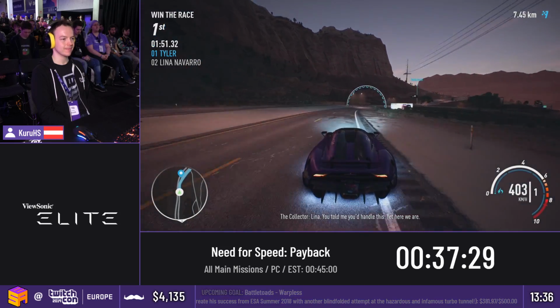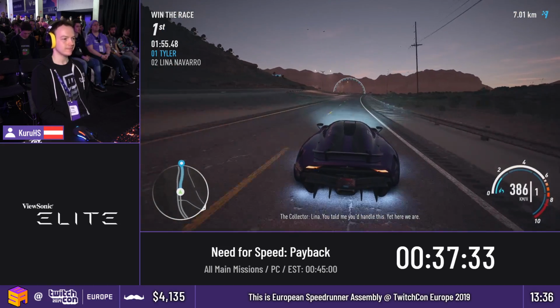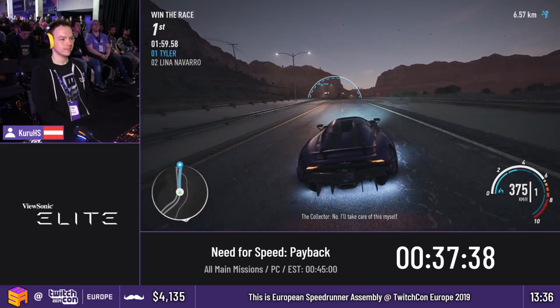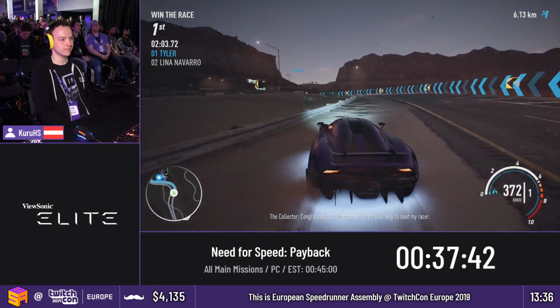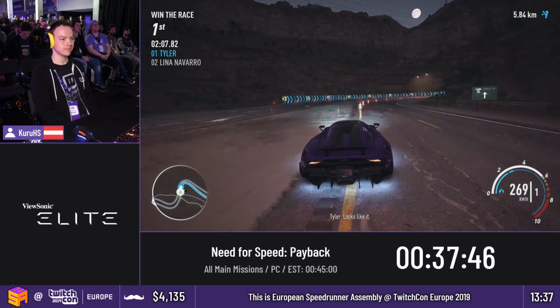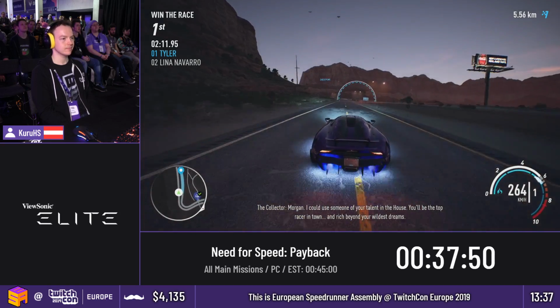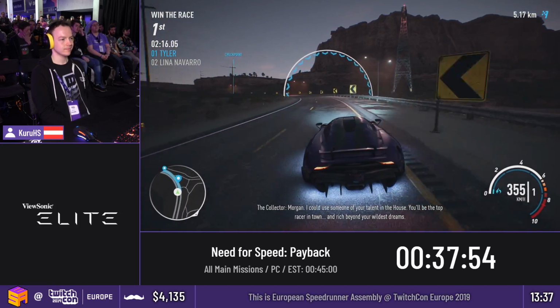Lena, you told me you'd handle this. Yet here we are. I am handling this. No, I'll take care of this myself. What do you mean? Congratulations, Morgan. You're on your way to meet my racer. Looks like it. Morgan, I could use some of your talent in the house. You'll be the top racer in town. And rich beyond your wildest...